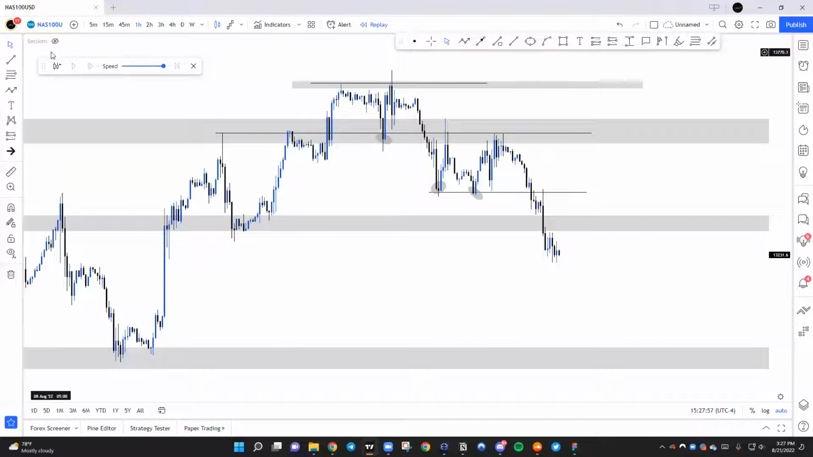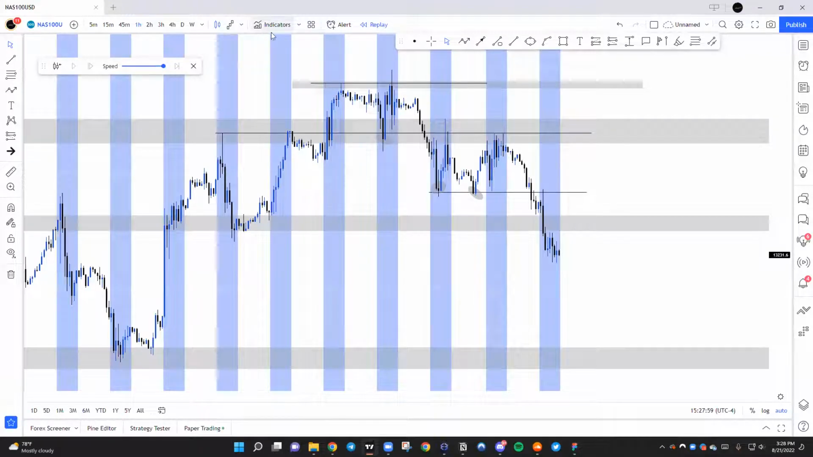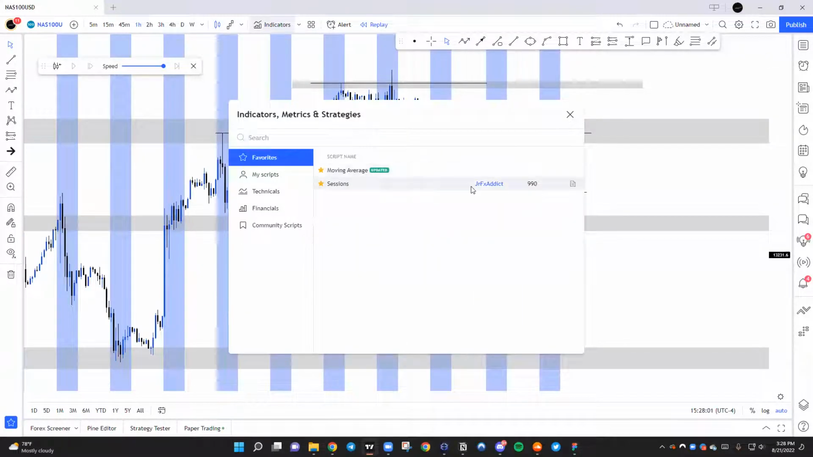How do you make it highlight sessions? So yeah, for people who don't know, sessions here, the USD CAD. Fake outs normally don't happen in New York, but